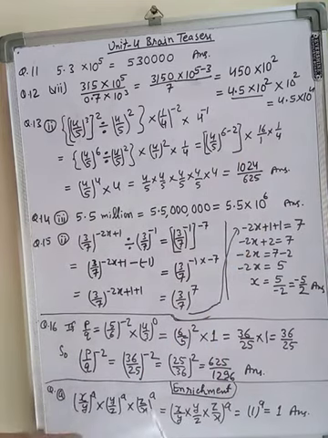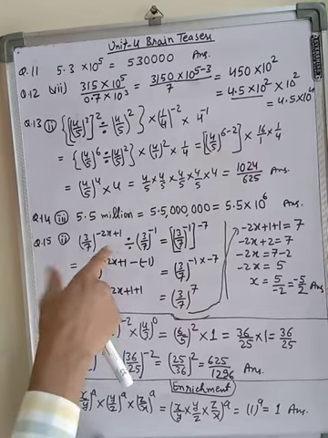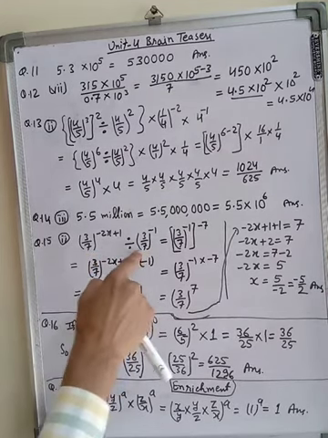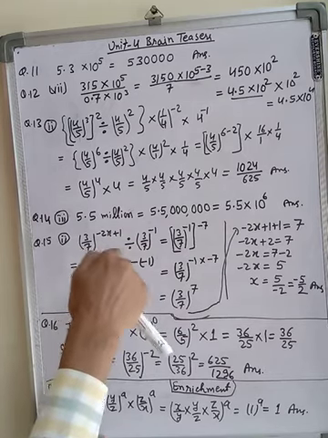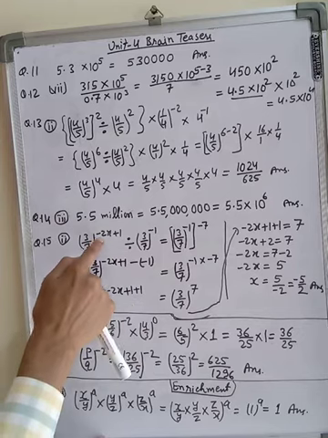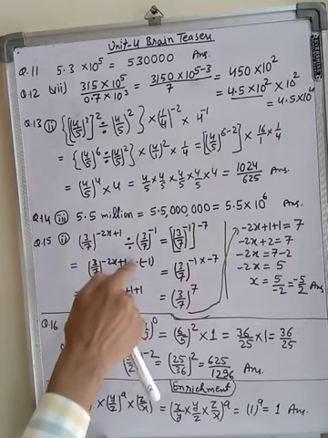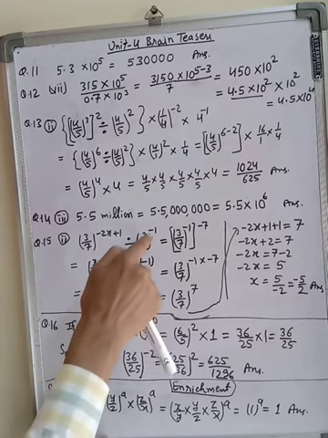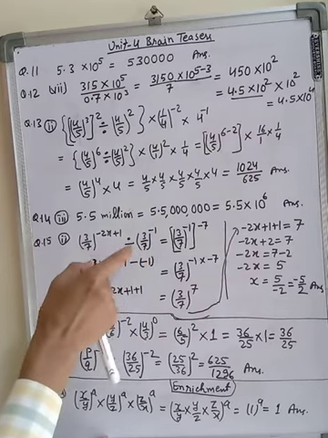Now question number 50 is given, find the value of x. So how will we find the value of x? We know that we have to make the bases same. So this base is already same, and now we will apply the law of exponent. Minus 2x plus 1. For this division, this negative sign, for this I am using the law, and 3 upon this minus 1. So here I have applied the law. Which law? I am reading that law.